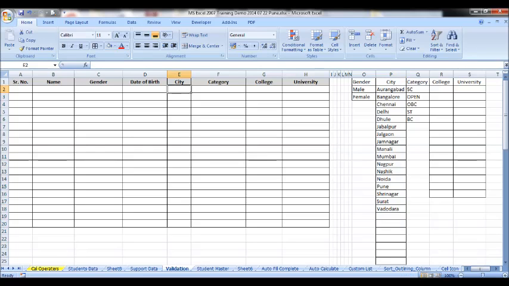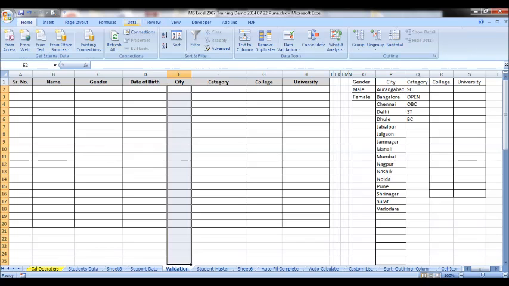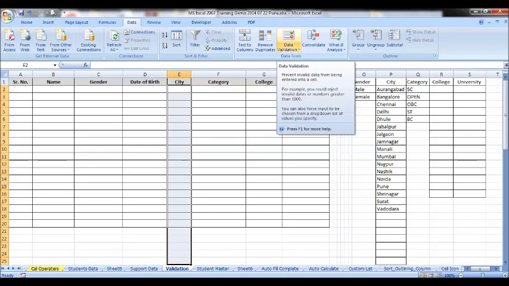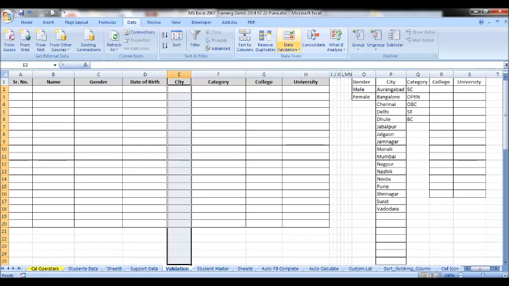How to set it? Select the cells or the entire column. It's your choice for what length of data you want to validate. Here I want to validate city for data entry in specific cells, suppose the first 25, row number 2 to row number 25. Select the cells, go to the Data tab, in Data Tools, Data Validation.